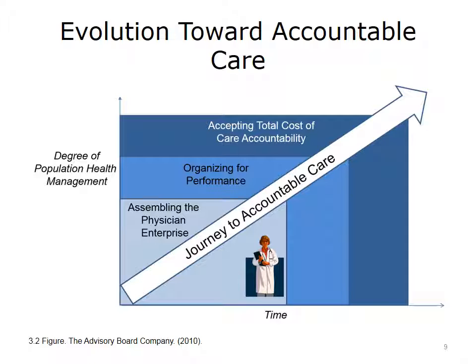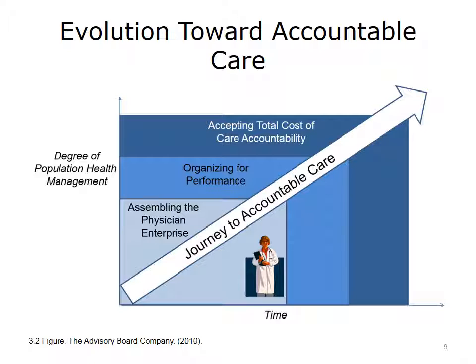Physician alignment, then, is now taking on an even greater sense of urgency in today's market of accountable care organizations. Hospitals and health systems must make critical decisions regarding relationships with physicians and primary care providers moving forward. And in this new accountable payment paradigm, accountable care, where providers jointly take risk for the total cost of care for a population of patients, means that the health systems must assemble an accountable physician enterprise,